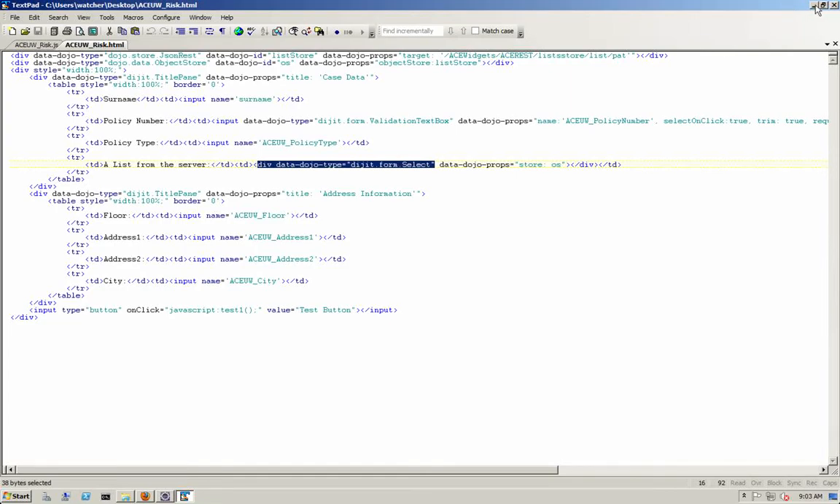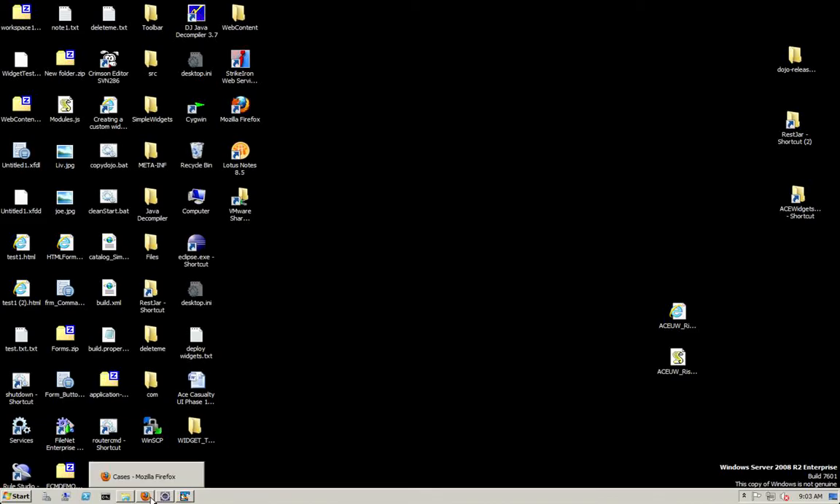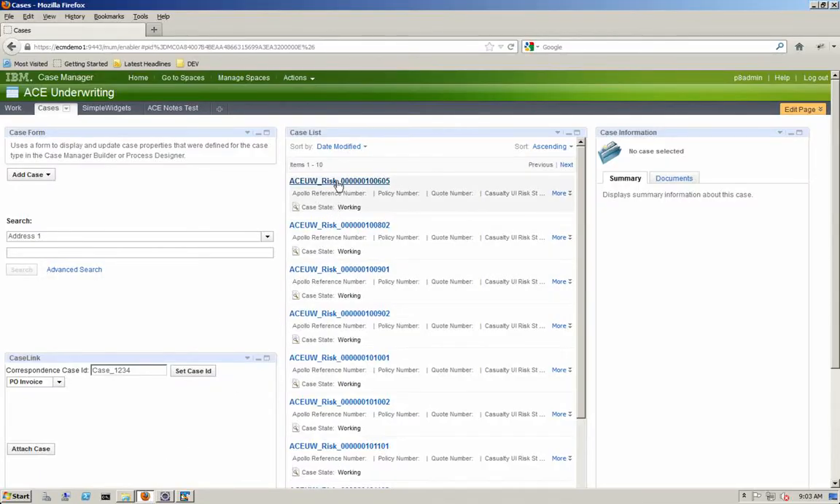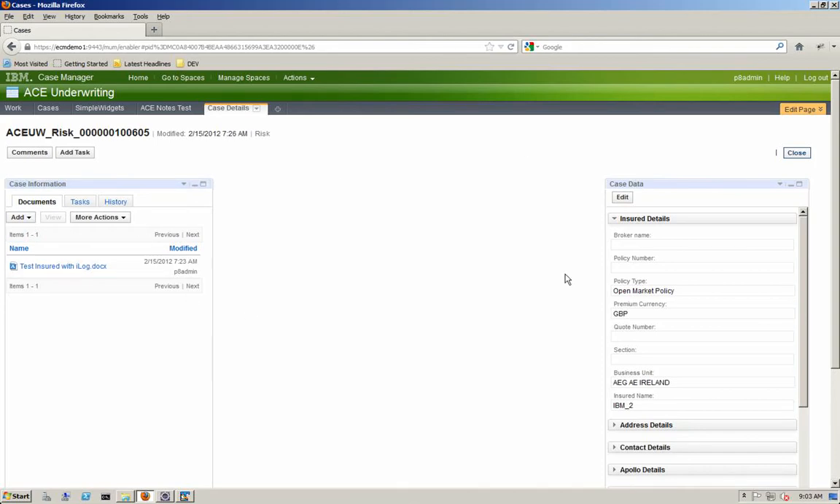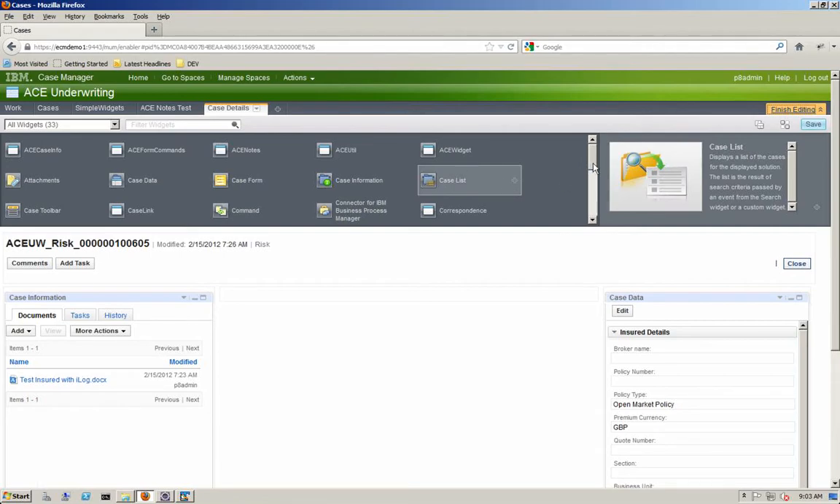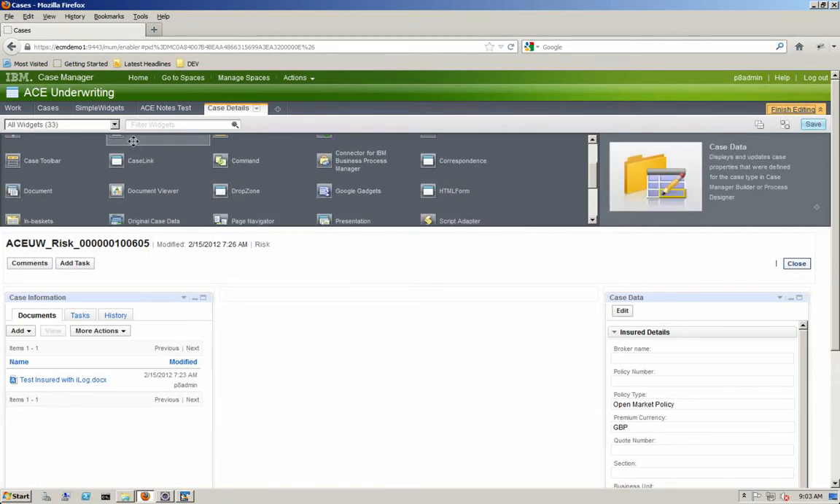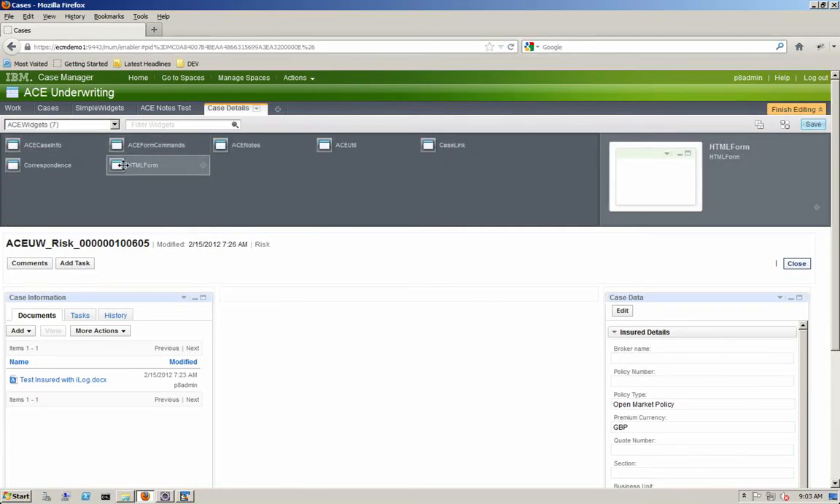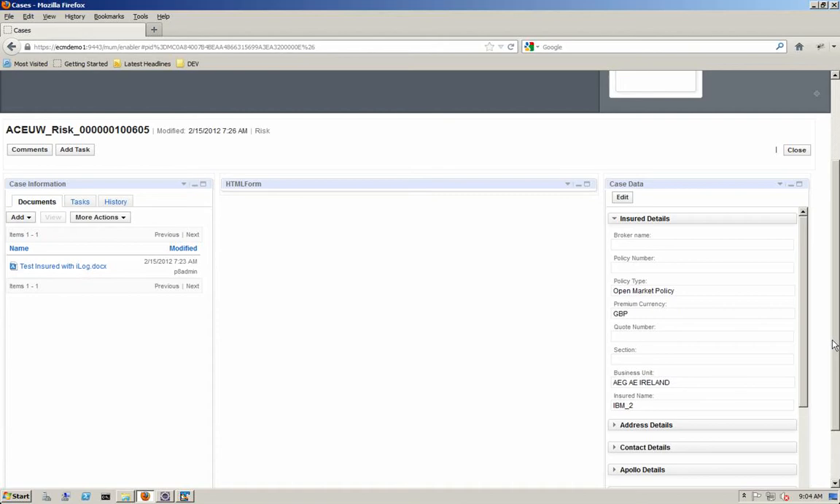So if I show you in case client, if we open up a case, I'm going to pop the widget here. It is called HTML form. Doesn't need any wiring. Because this case type is called ACUW_risk,